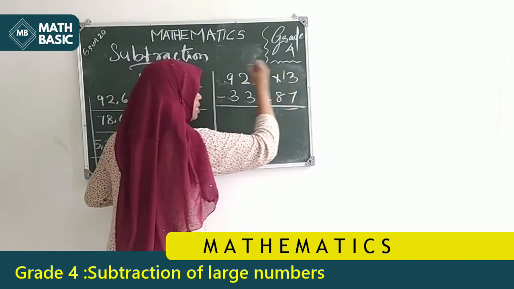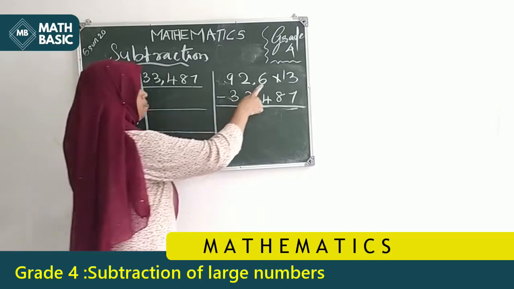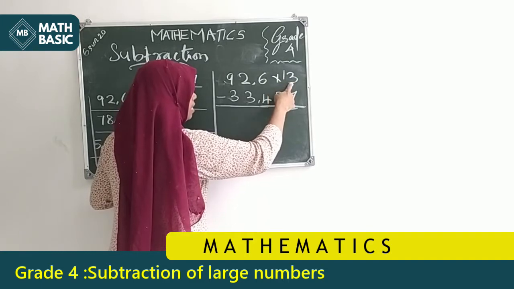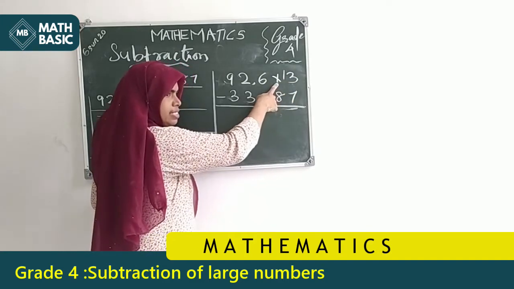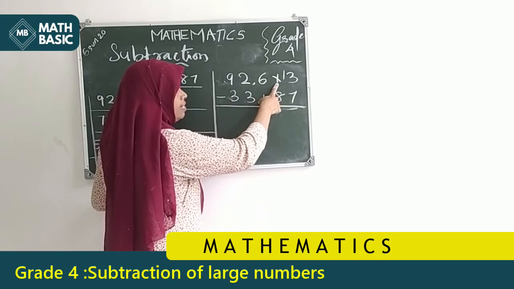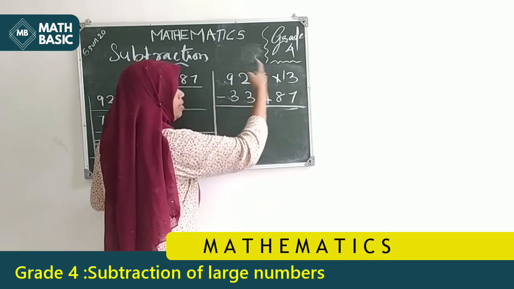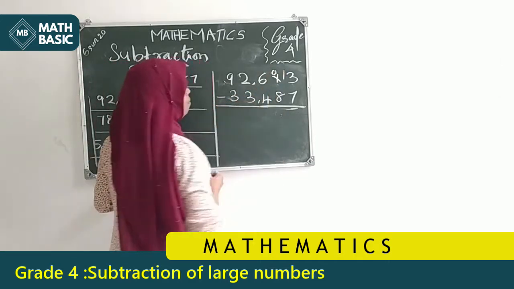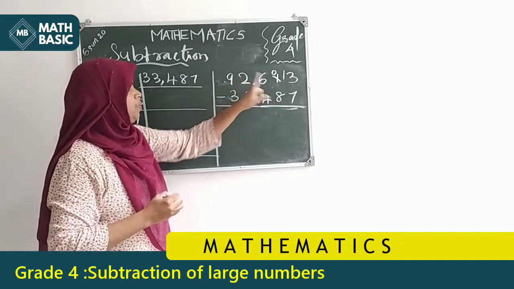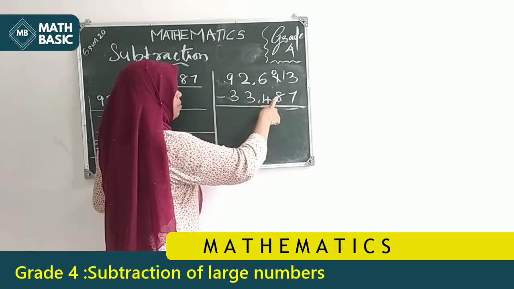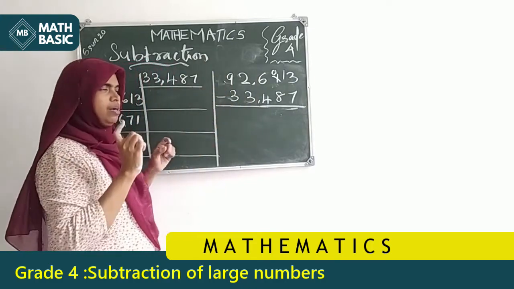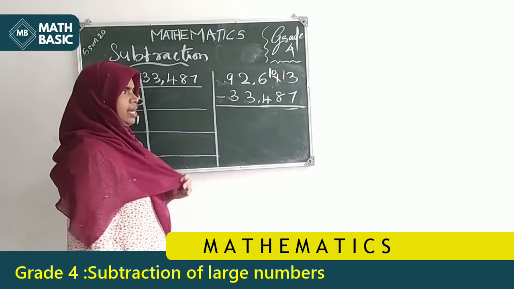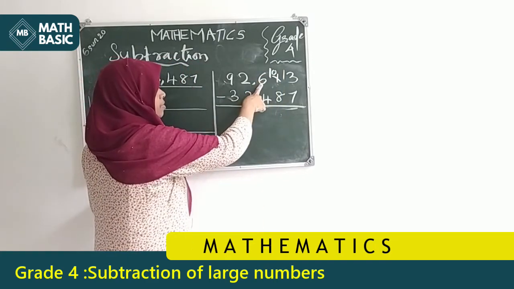From the tens place number 1, taking the 10 to here, then make it as 13. Here 3, and from the tens place 1 means 10. That 10 taking and making together as 13. So the 1 became 0. Then again subtracting 8 from 0 we can't do, so this 0 make it as 10. 10 means this 6.